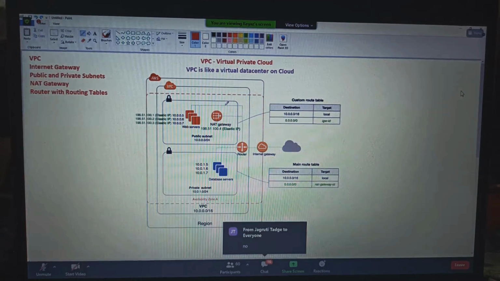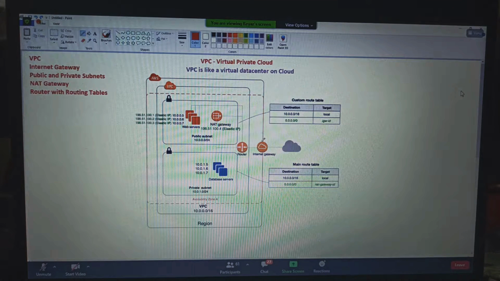Don't we have internet access from the EC2 instance? We have downloaded the packages, we have installed, so do we have internet access? Definitely yes, we do have internet access from the EC2 instance. So who is the guy inside AWS who will be providing the internet to all components? Internet gateway. So once we create a VPC, parallelly we need to create this internet gateway and attach it to the VPC.